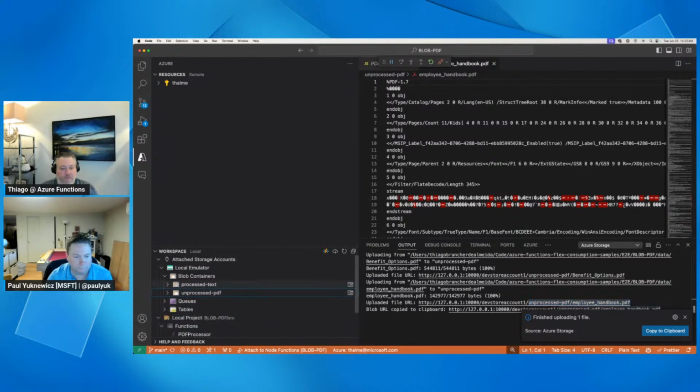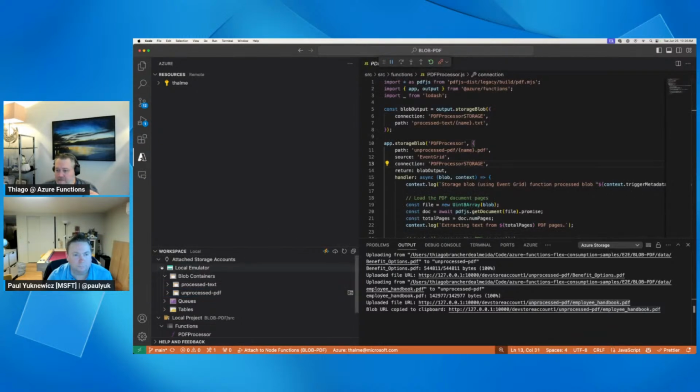And now that we have local storage with the two containers that my function app expects, and I have the function in debug mode, I can execute that function right here, execute function now, and pass in that blob. And it'll execute the function, process that PDF.